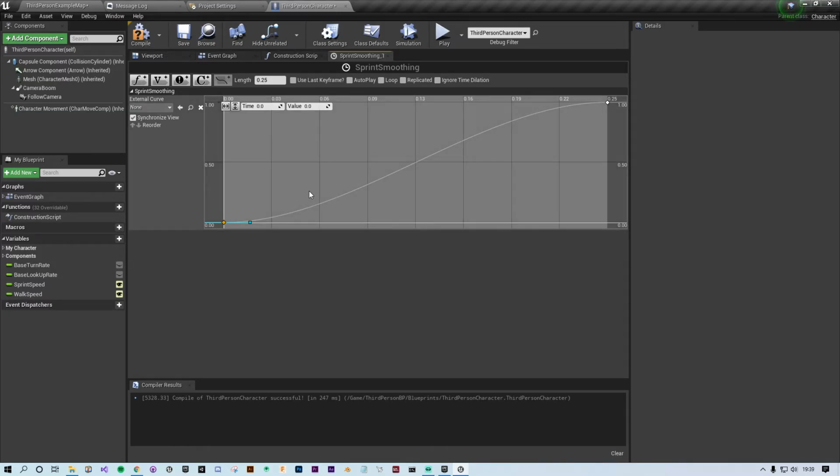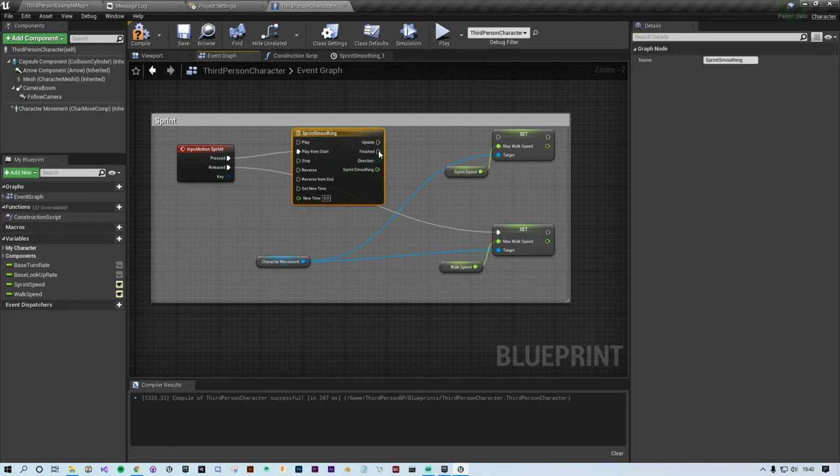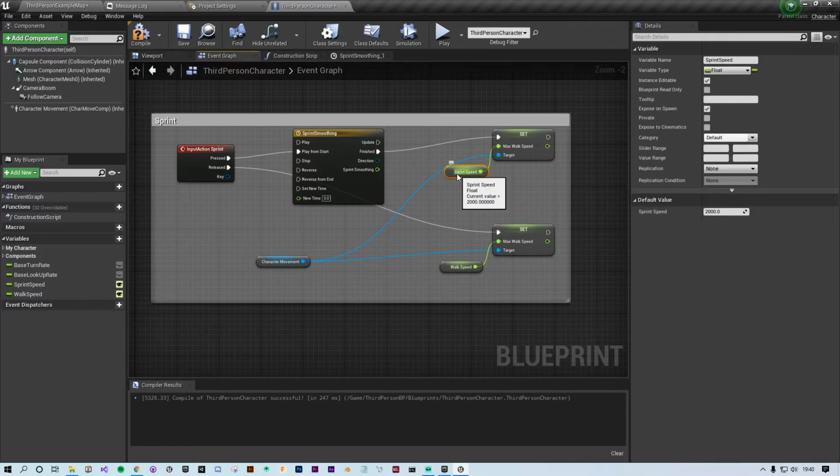Okay, sorry about that. So essentially that's going to gradually ease into this. If we go back to our event graph now, what we're going to see is sprint smoothing. There is our float track. Now, when we press the button, we want to play from the start of our timeline. And then when we've finished playing our timeline, we want to update our speed, but we don't want it to be